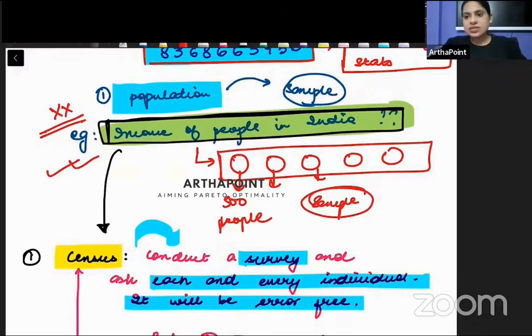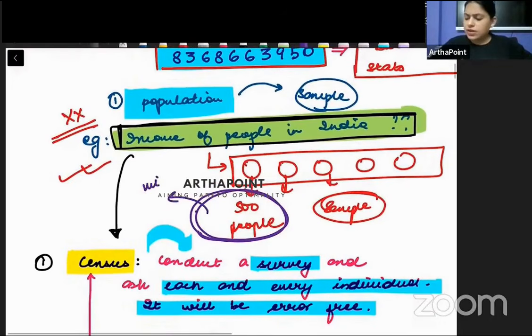Now, what will happen in this case, beta? क्या problem आएगा इससे? One, it will be a very timely process. जल्दी जल्दी ये काम हो पाएगा because now I just have to collect data of 500 people each. But it can create some error. हाँ, suppose ये जो 500 लोगों का data मैंने collect किया, these 500 people whose data I collected, let's assume that almost all of them were either middle class or rich people. Then this data will be very biased. ये जो sample होगा ये बहुत ज़्यादा biased हो जाएगा.